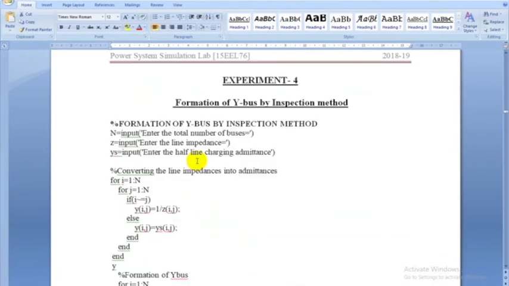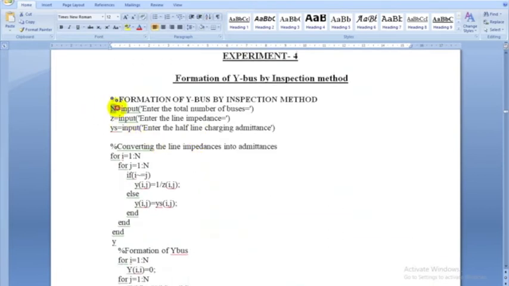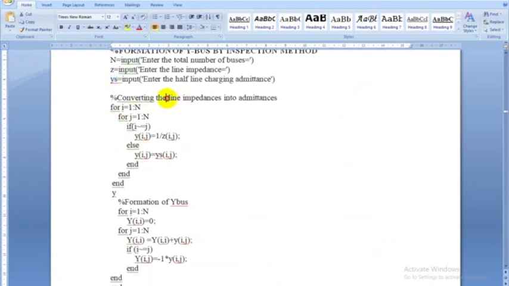See here, that is what we have taken. N is the number of buses, 3, Z takes that matrix, Ys typed as it is, and convert line impedance to line admittance, because as I told you, the Y bus matrix has admittance values. Line impedances you have to convert into line admittance. Therefore, here you take i varies from 1 to n, j varies from 1 to n, because rows and columns you have to catch hold of, no? That's why you have taken.